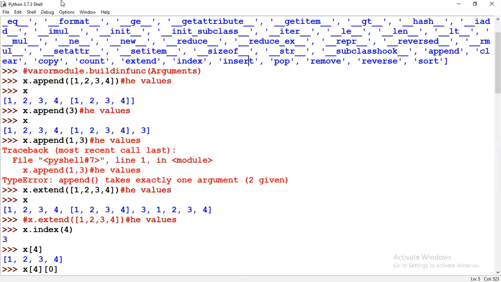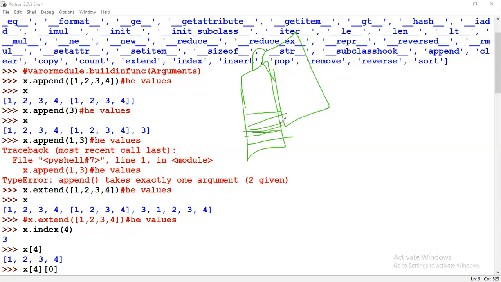So when you add this database to this one, extend will add them in separate rows, correct? Each and every element will be extracted and added at the end of the database, so you get everything in separate rows, not in the same row.